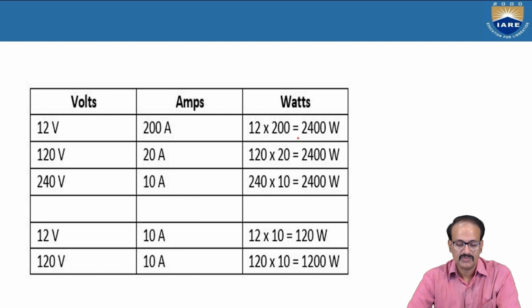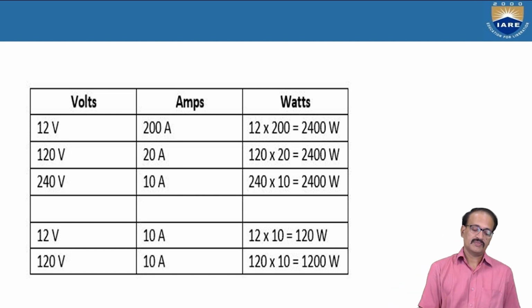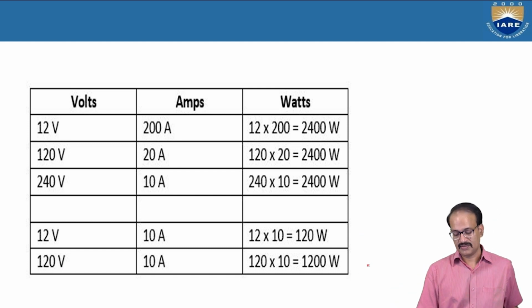2400 watts. Then 120 volts and 20 amperes: 120 into 20, that is 2400 watts. 240 volts and 10 amperes: 240 into 10, 2400 watts. Similarly, 12 volts, 10 amperes: that is 12 into 10, 120 watts. 120 into 10, that is 1200 watts. So this is showing the